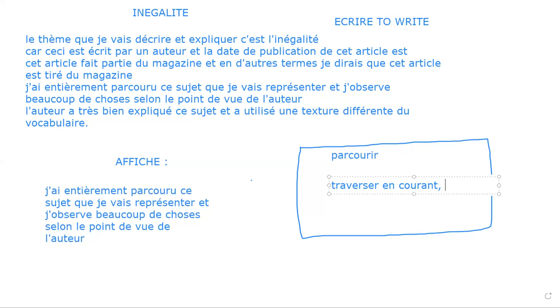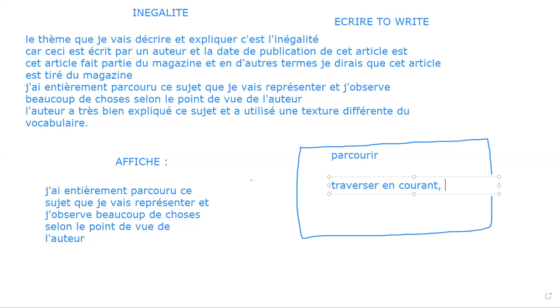Team, this is your B2 text. Now, for example, think forward. Pensez s'il vous plaît, réfléchissez s'il vous plaît. The topic, the theme is, par exemple, pollution, le télétravail, the work from home. Okay, you have to discuss the disadvantages of work from home and the advantages of work from home. Now first of all, you have to use those contents. Le thème que je vais décrire et blah blah blah.